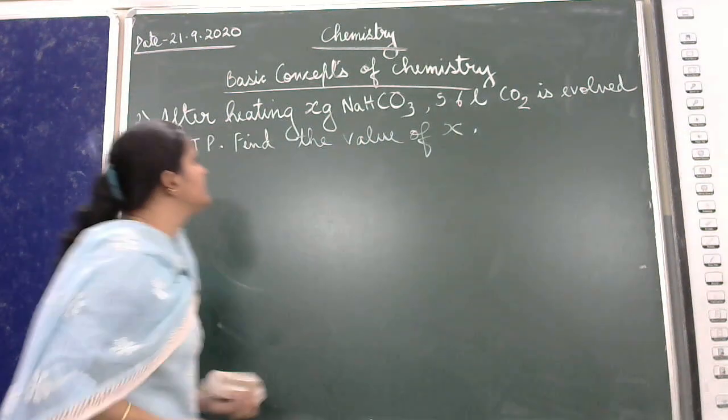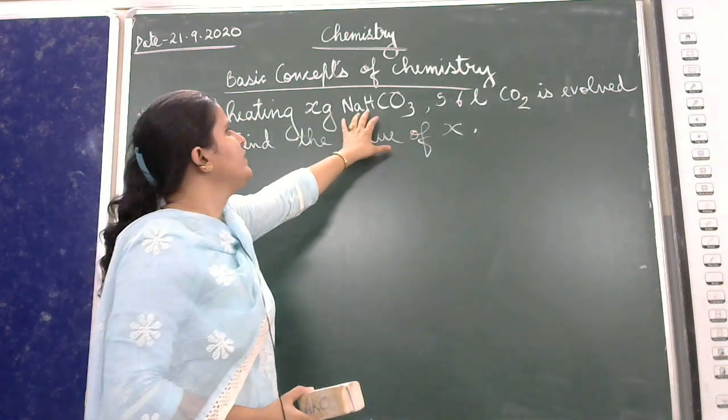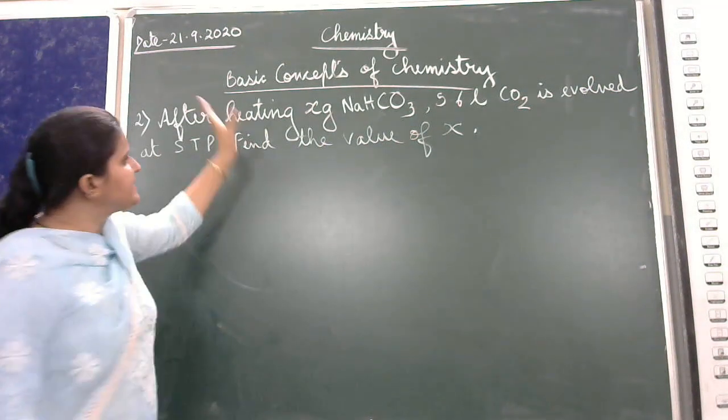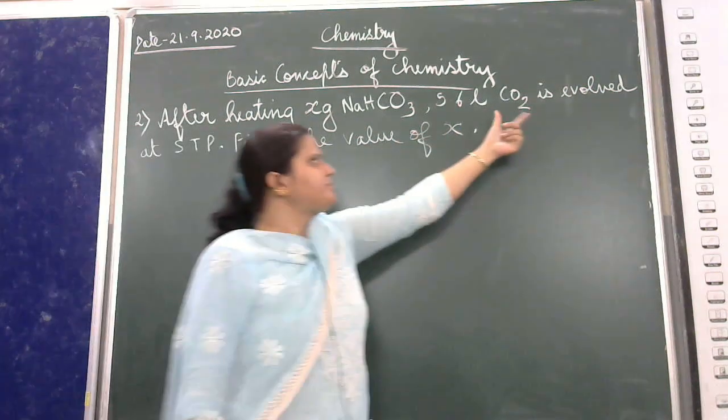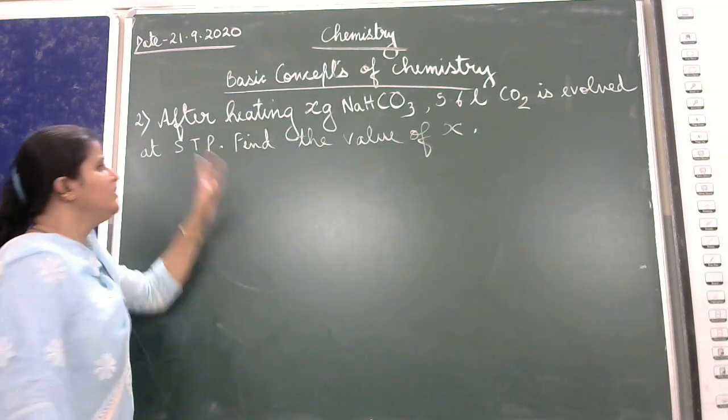This is the question. So here see, some mass, that is X gram, of sodium bicarbonate is taken. It is heated and 5.6 liter of CO2 is evolved at STP. You need to calculate